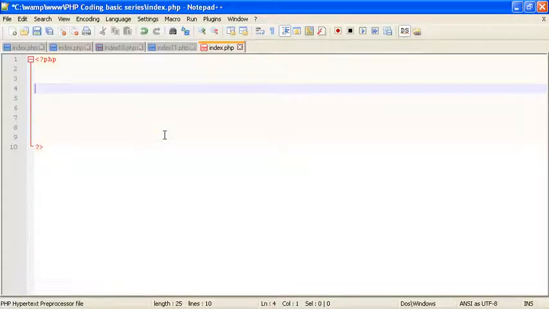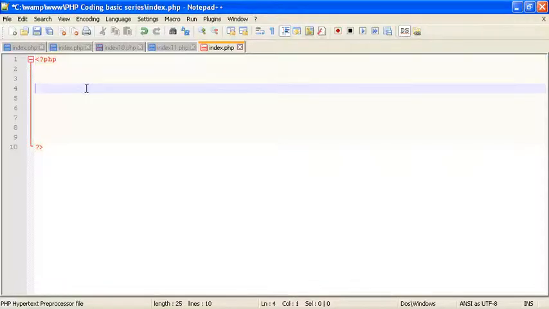This is the syntax for starting and ending PHP: the less than sign followed by the question mark, then PHP, and when you want to end it, the question mark and then the greater than sign. Between this comes the code which needs to be compiled at the server side. Some people have a habit of not writing this, which is called short tags, but I prefer that you always do it like this.